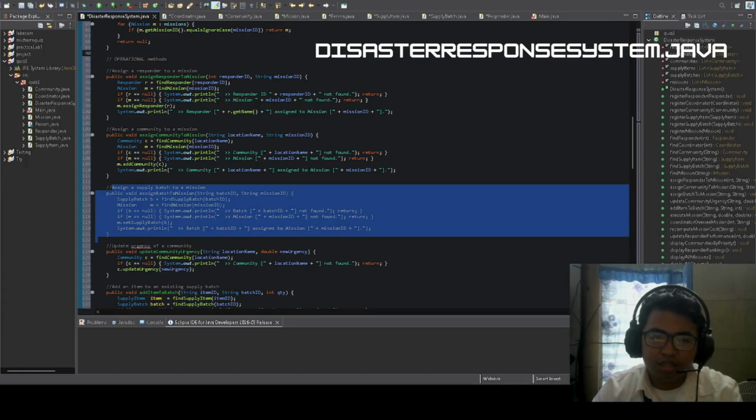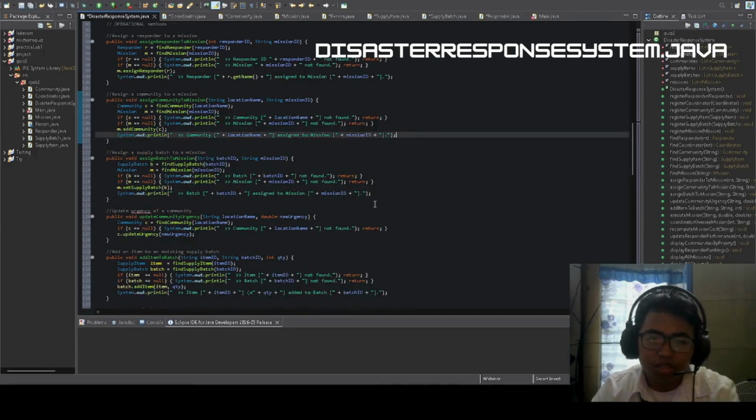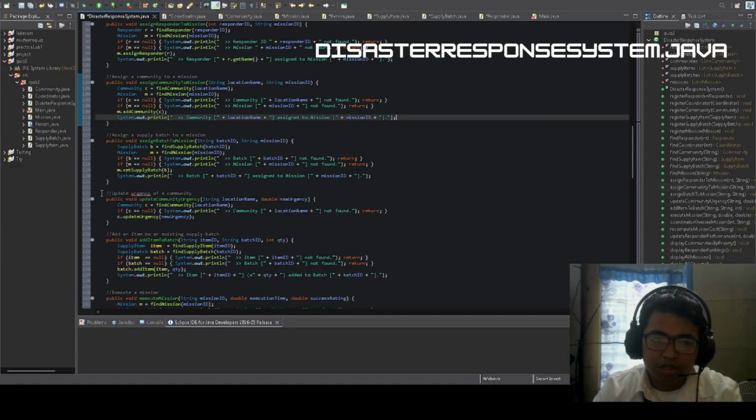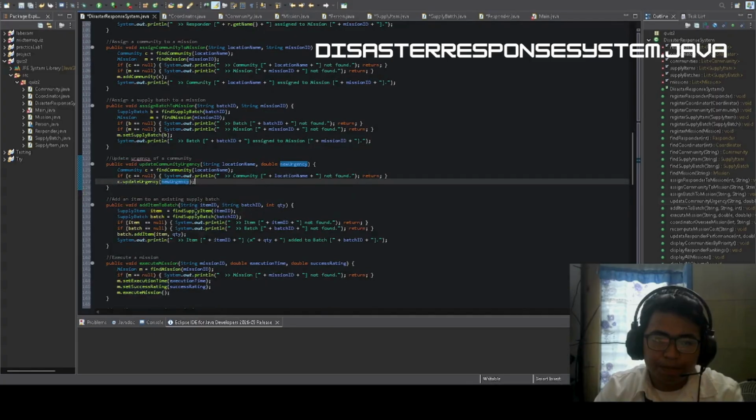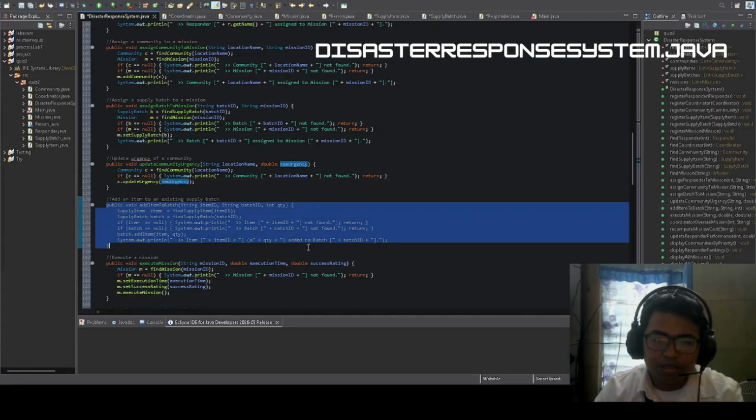Then the system supports updates and modification, including adjusting community urgency, which is this update urgency, and adding items to an existing supply batch, which is this add item function to add an item to a batch.